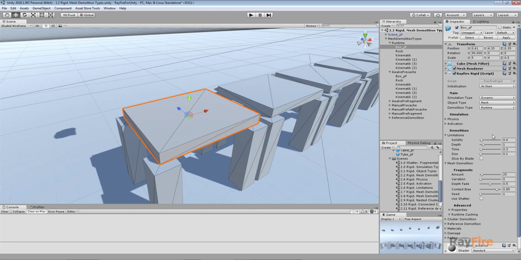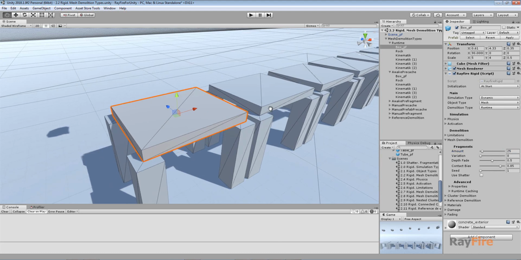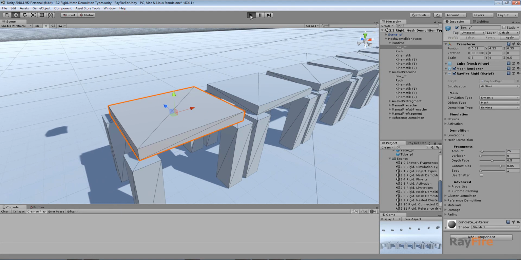and a rigid component. So here in the mesh demolition fragments group, you can set the amount of fragments you want to get and other properties. I will talk about them later. And basically that's all. You can start play mode